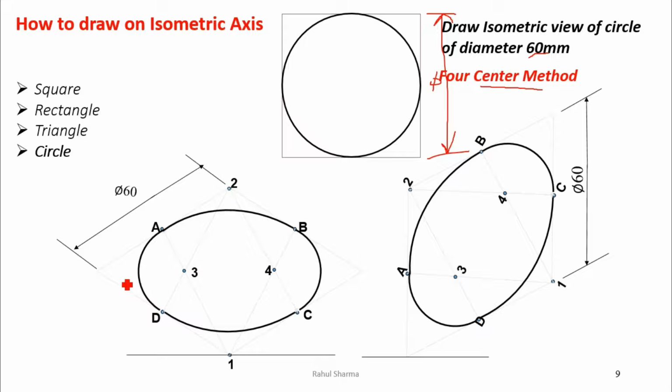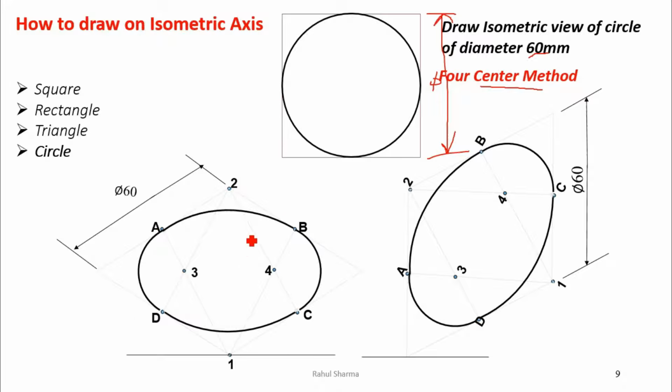In dimensioning, remember that we have to give the dimension of that box in which we have enclosed the object, because it is an ellipse. An ellipse will have a major axis and a minor axis, so there is no need to dimension the ellipse, as we have to make the circle only. So that is why we give the dimension to the circle only.